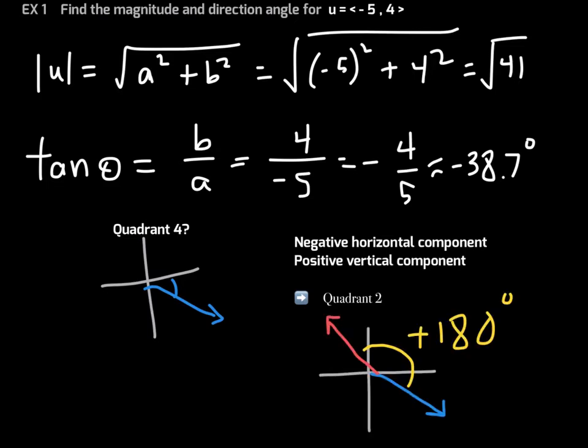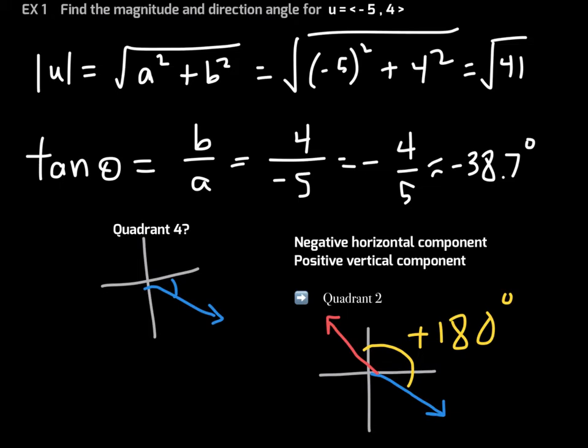Again, here's a visual of what I'm mentioning. Our calculator gave us this angle here, which is in quadrant 4, but we can't be in quadrant 4 with these components. So we add 180 degrees to get its supplement over here in quadrant 2, which when I add 180 degrees